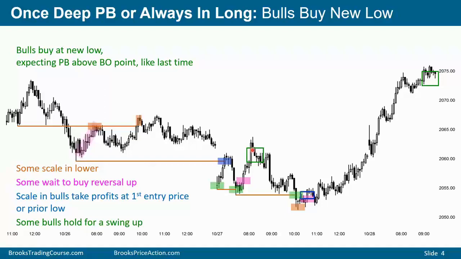An example of bulls holding for a swing up, and if they see a reversal, a bear bar, after a big breakout bar like that, and they look to the left and they see that this is not above everything, it's still either in a broad bear channel or a trading range. In both cases, they want to exit on a reversal down.